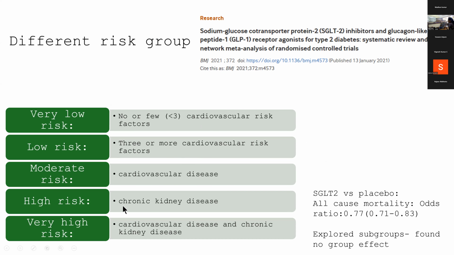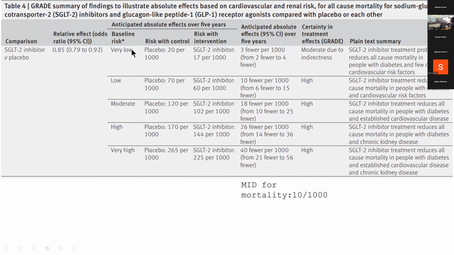High risk patients were classified if they had chronic kidney disease. And very high risk, they were classified if they had chronic cardiovascular disease or chronic kidney disease. Their overall mortality odds ratio was 0.77. So these authors actually looked at the subgroup analysis and found that the odds ratio was the same across all the subgroup analyses. So you would have thought that they could have presented the data as just a single row. But what the authors have done is, they have presented 5 different groups, and they looked at the